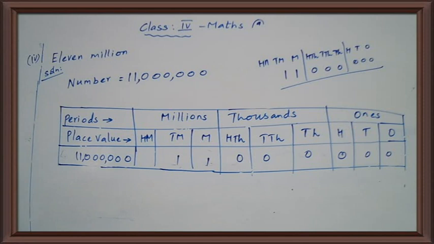11 million. Your question is 11 million. So first of all you write the number. Okay. So here the thousands period and ones period are 0. So you put all the digits as 0. Okay. So only 11 million. Then after, draw an international place value chart and write the numbers in it. Okay children. So do not draw the line using your hand. Use the scale when drawing the line. Okay. Do it.